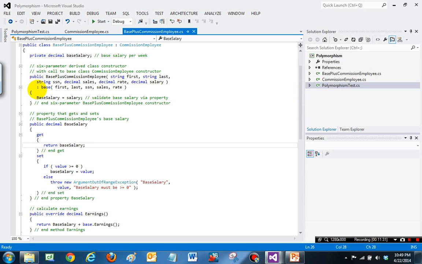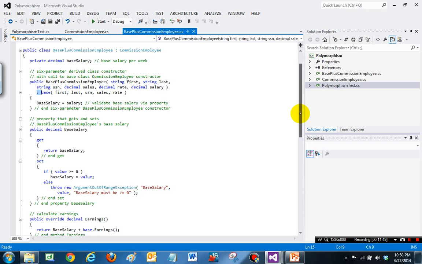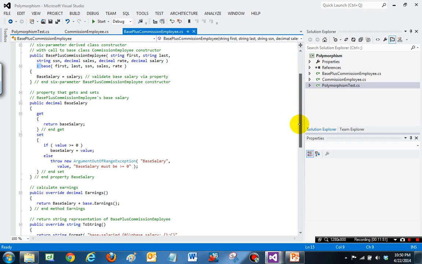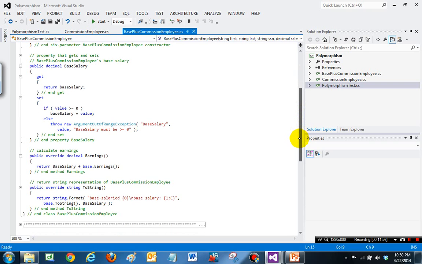Then we explicitly invoke the base type constructor on the first 5 parameters, and then in the body of the constructor we assign the salary, the base salary attribute. There is a property defined, so validity checking is ensured,